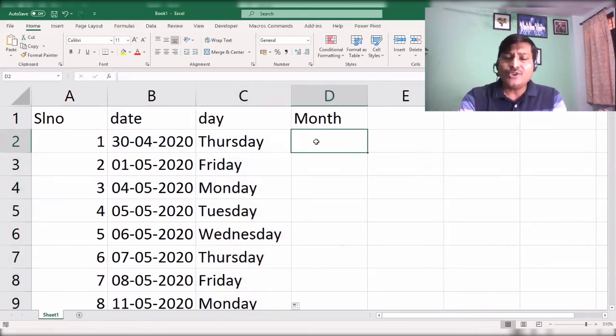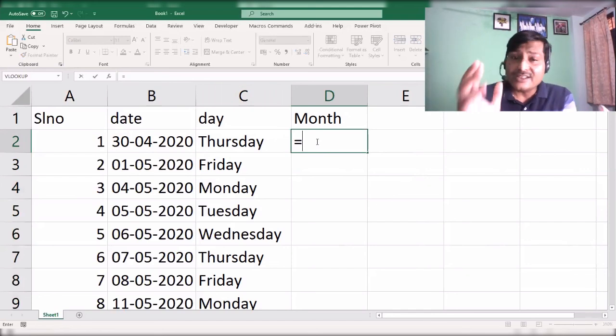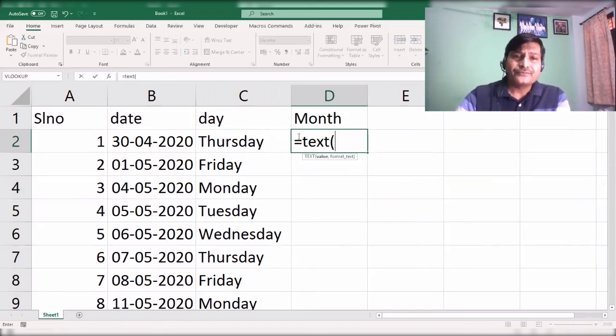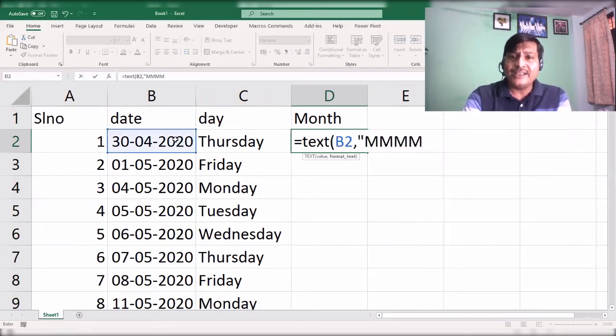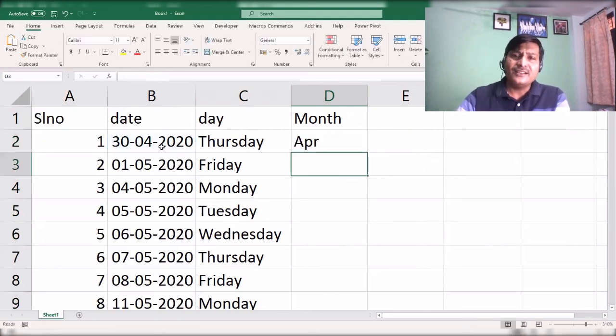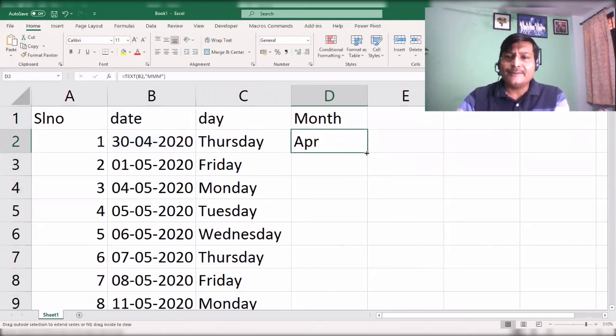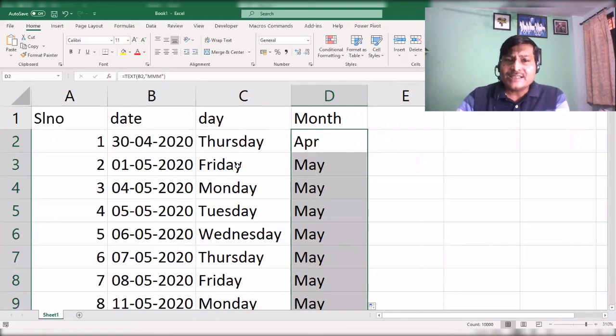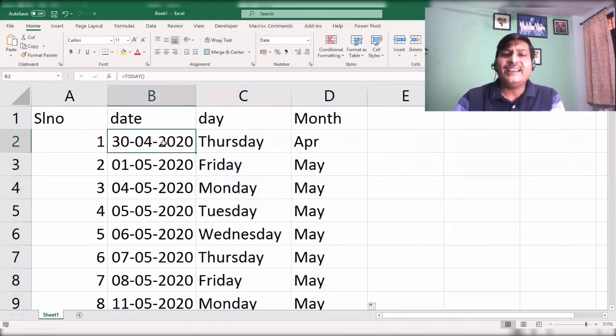Similarly, if you want to create a month-wise series, friends, this is really very useful. We can again use the TEXT formula, this comma double quotes, and we can type 3 times M and bracket close and press enter, and now we can double click here, right? So this is a way to create any kind of series quickly with the help of the series dialog box.